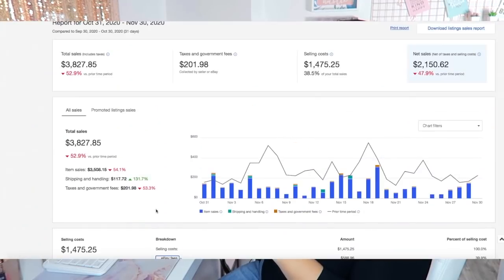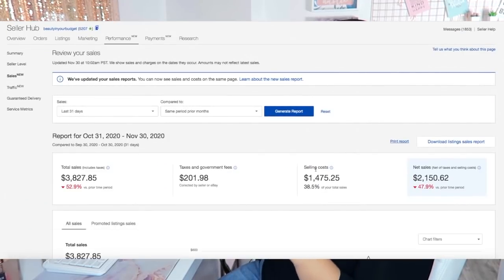So that means that after all of my sales, all of my selling costs, this leaves me with a net total of $2,150.62. This net sales number is where I would determine how much I want to pay myself for the month of November. Up until a few months ago, I've been paying myself 30% of my net sales, which means if I was paying myself 30% of this $2,150 amount,